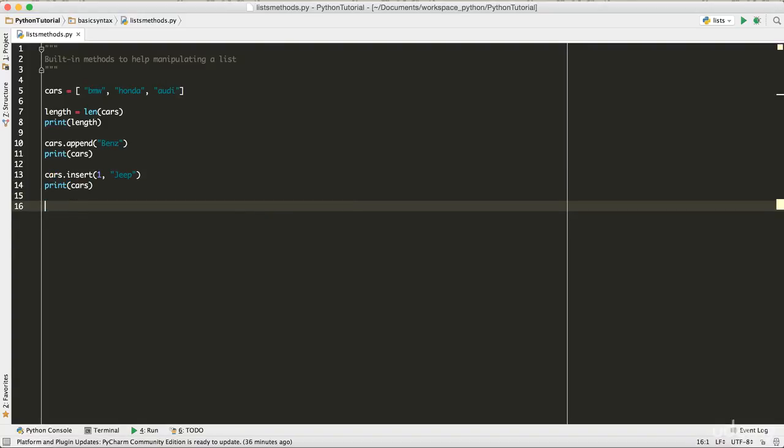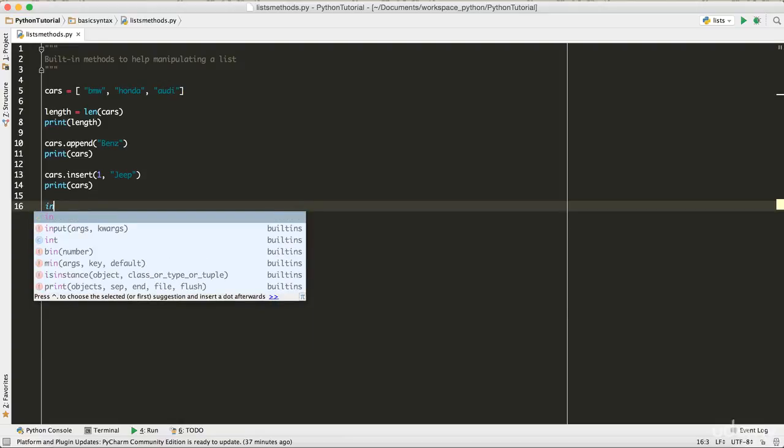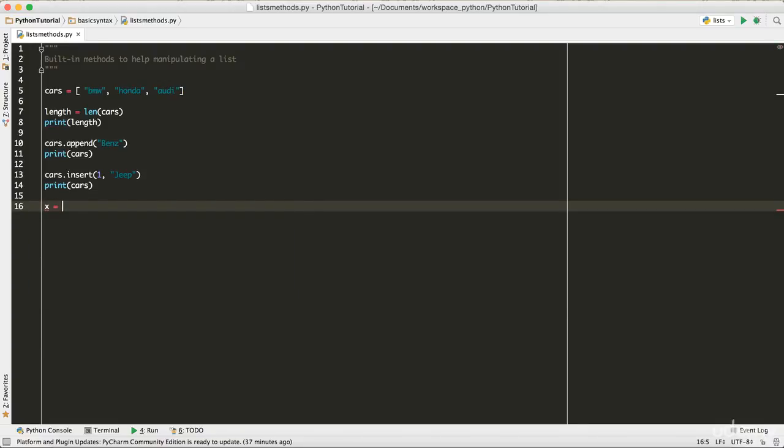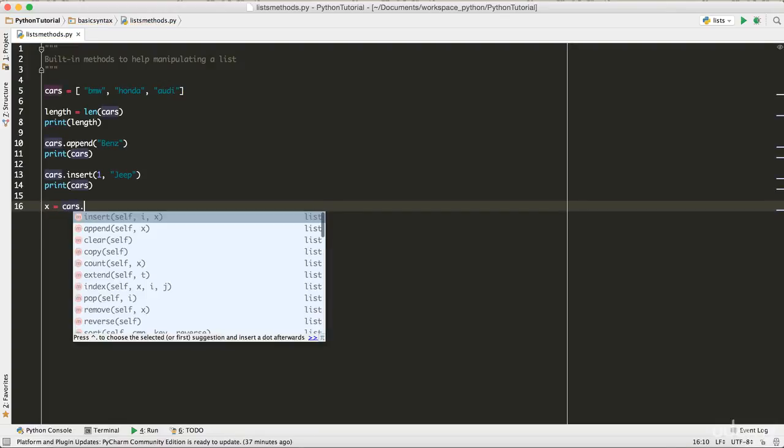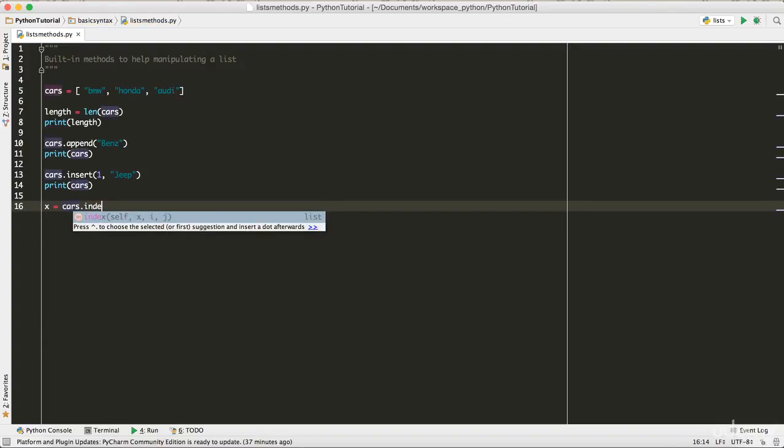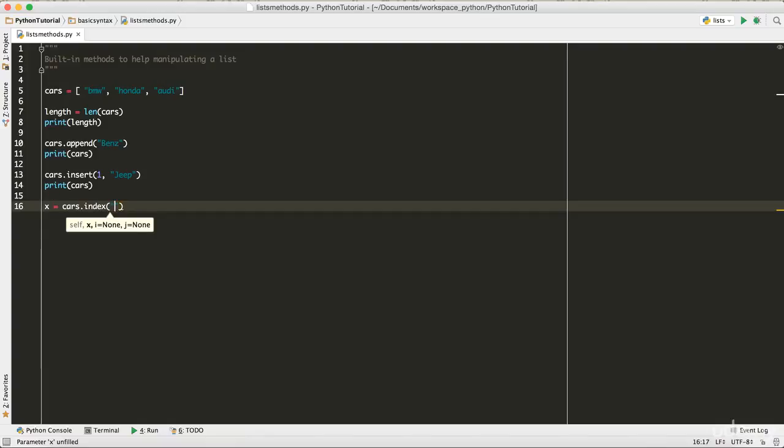So let's see what next we can do with the list. Let's say I want to find the index of a particular item inside a list. Let's call it x, and say x equals cars dot index, and I can provide the name of the object that I want to find.